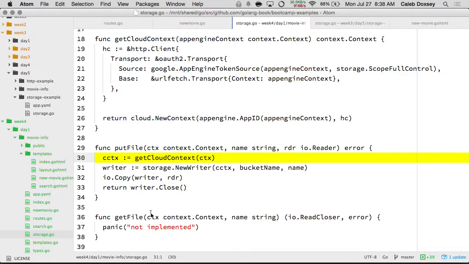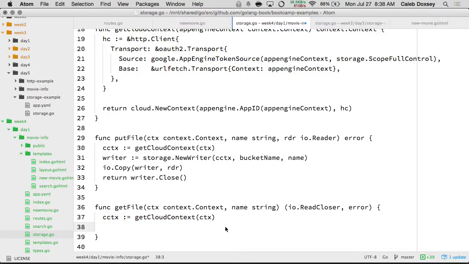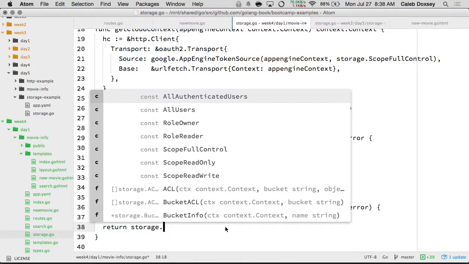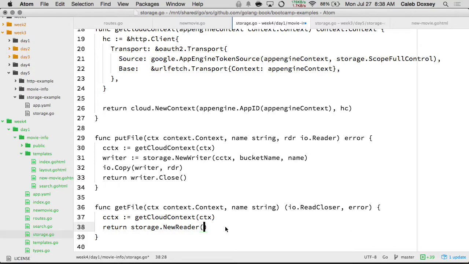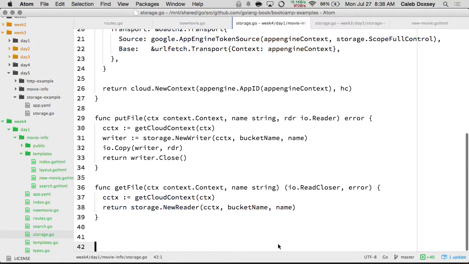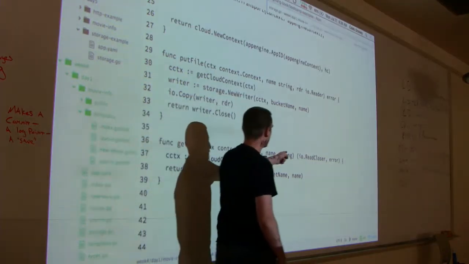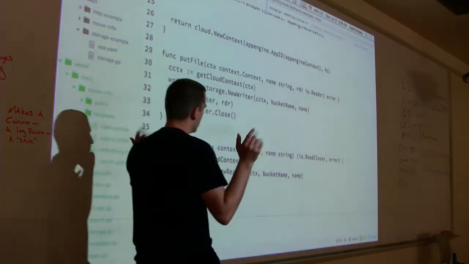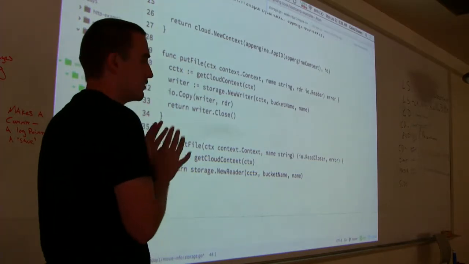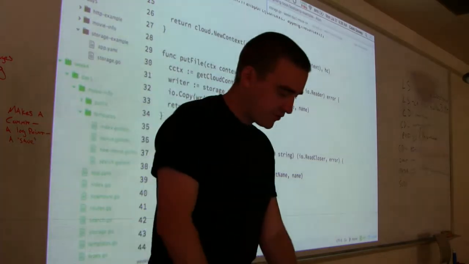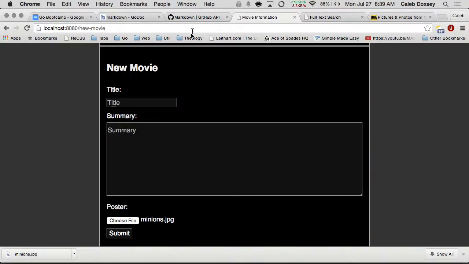We get the cloud context. And I think it's just as easy as that, that's even easier. Because new reader returns a read closer, so we can just return it. Make sense? So let's see if this actually works. I'll be surprised if it works the first time. So minions,